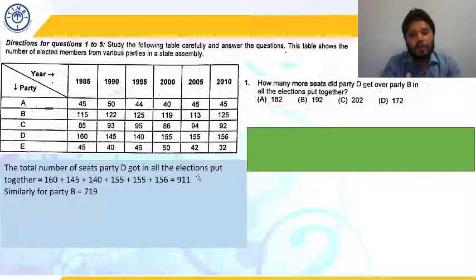So total less is going to be 5 plus 1, 6, and 6 plus 7 is going to be 13. So 5 in 1985, 1 less in 2000, and 7 less in 2005. So 5 plus 1, 6, 6 plus 7 is going to be how much? It is going to be 13. So 13 less than 120 is the sum.